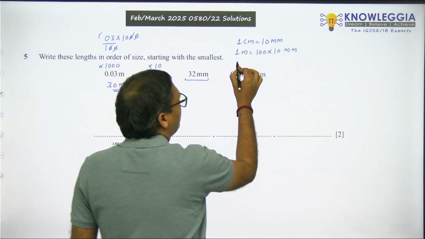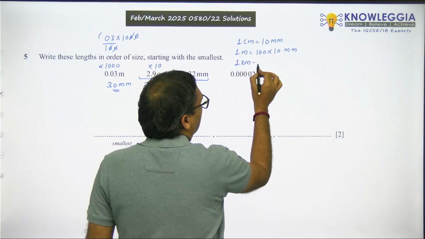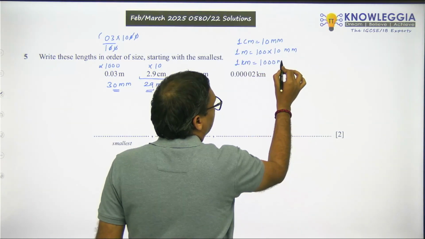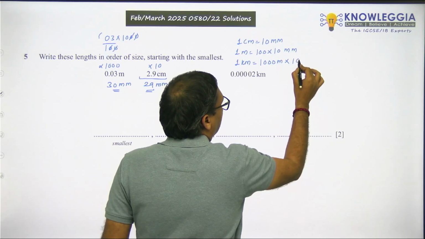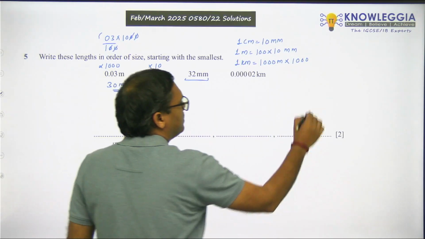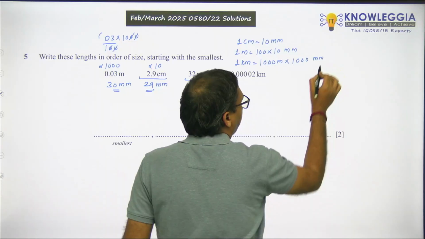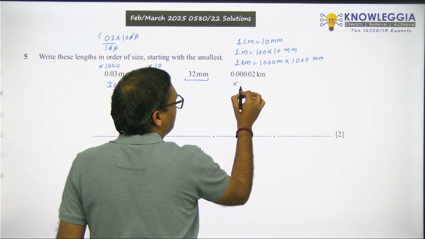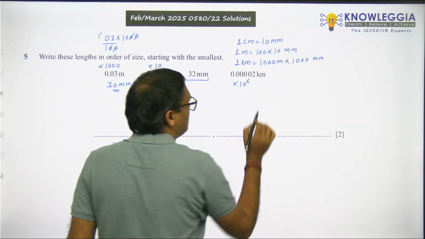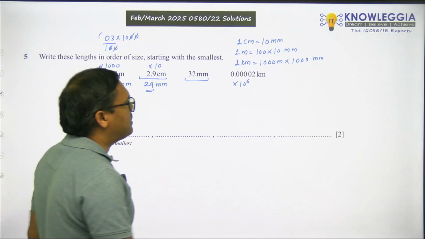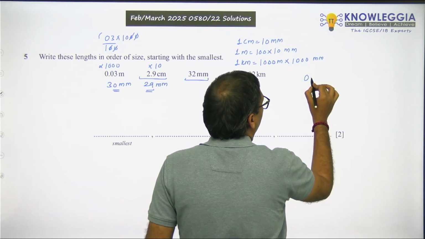So what is this? Now we know 1 kilometer is 1000 meters and 1 meter is this. So we will multiply this with 1000 again. Okay. So this will convert to mm. So basically we will multiply this with 10 raised to 6. This will convert to mm. So basically it will become, I'll just write it here,